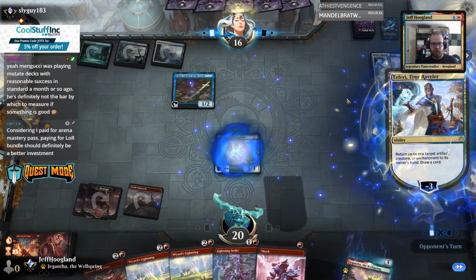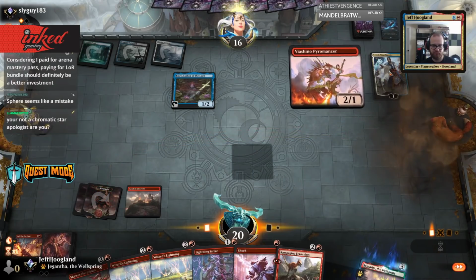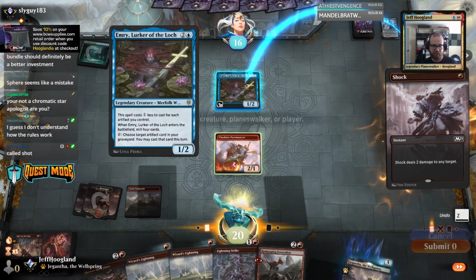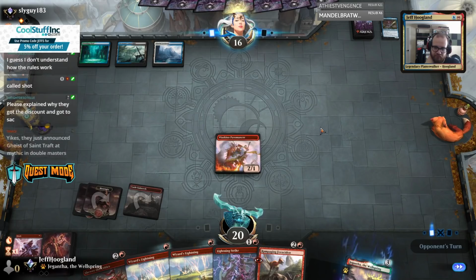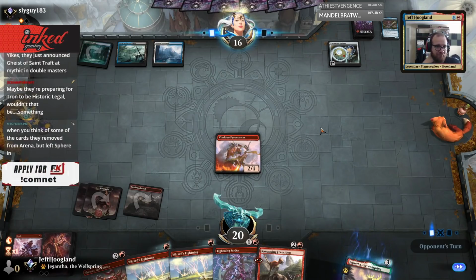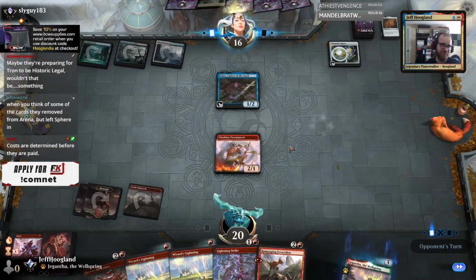Let's slow this down. Really should have seen that coming. Please explain why they got a discount and got to sac it. Because Chromatic Sphere shouldn't exist in this application or format. Costs are determined before they're paid is the technical answer, but...